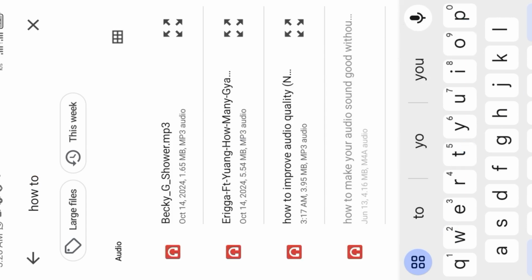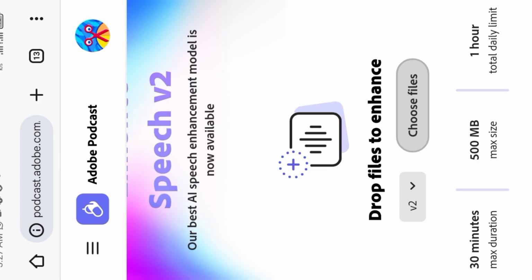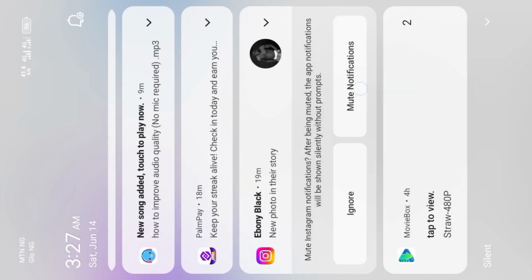But if you make your video outdoors where the noise is much, maybe there is a generator or other things, then you tap on V1 because V1 cleans more than V2. Okay, then you tap on choose file.